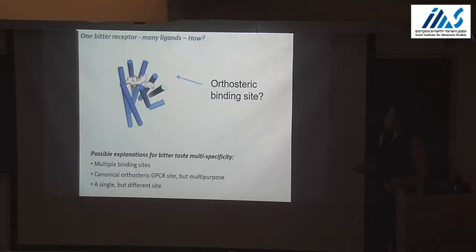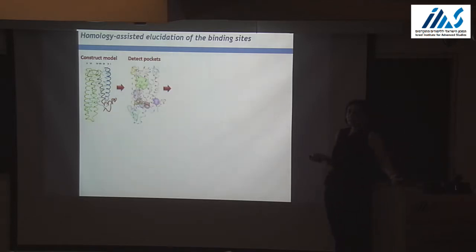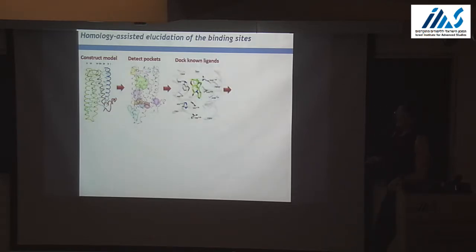And so our approach to answer this question was the following. We tried to use homology models in combination, and this is really crucially important, in combination with experimental studies. All of this work here was done with Wolfgang Meyerhof and Mike Burns to see whether we can identify the binding sites for the different ligands. So we need to construct a model. We predict potential pockets that could be, in addition to the orthosteric binding site, probably relevant, dock known ligands, and